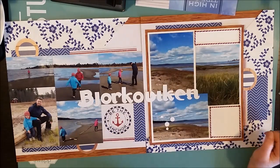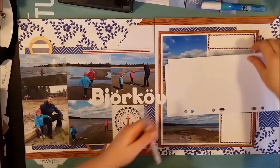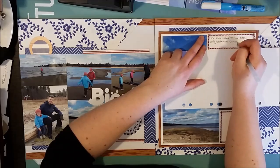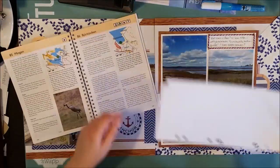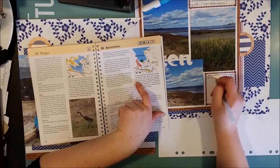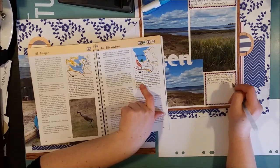Here's the title for the page, and it's the name of the beach where we went, or it's perhaps more like the name of the bay by the beach. And here's the book that I was talking about. It's a guidebook or a sightseeing book to the area where we live, and we had a lot of fun following this